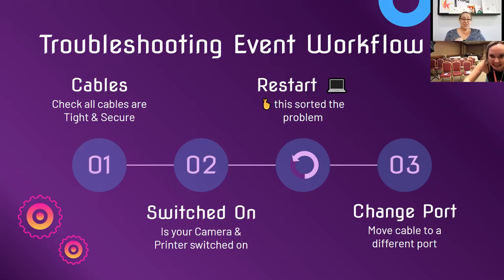Another thing, double check that the camera and the printer are actually switched on. Once you've checked these two things, restart your computer. And crossing fingers, that's going to sort your problem. If not, the next step,